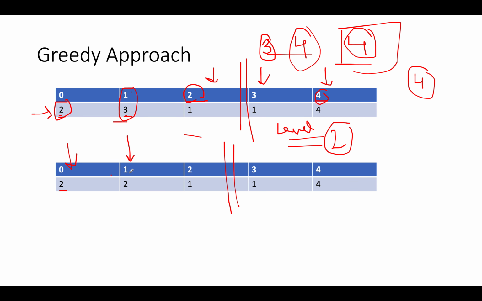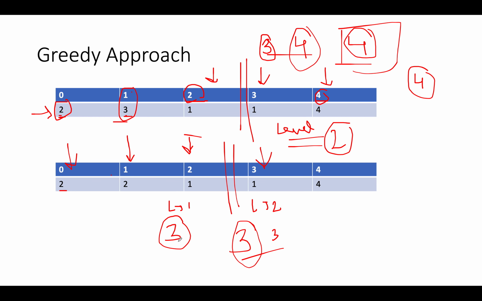From 1 what all indexes can we reach? We can reach up to 3. From 2 we can reach up to 3 again. So the maximum value of these two values is 3. That's fine, and let's continue the process. And since this time we are breaking the breaker condition, we'll increment the value of level. So level here was 1, level here becomes 2,